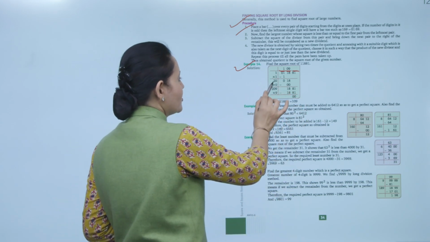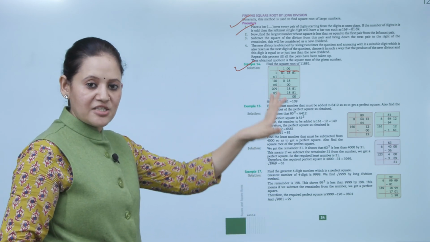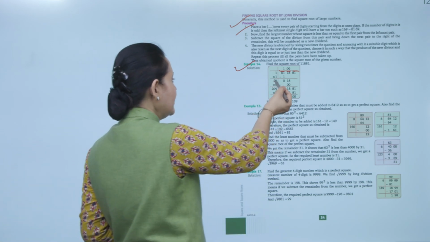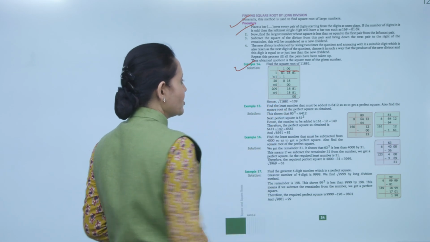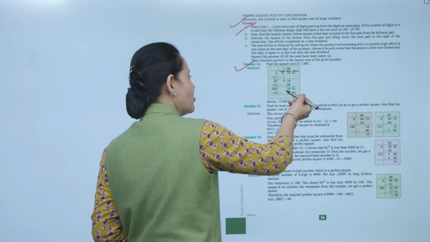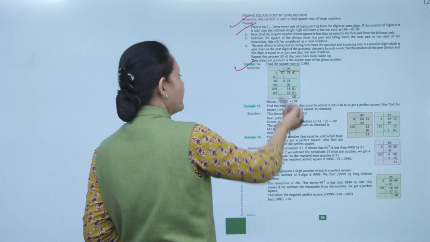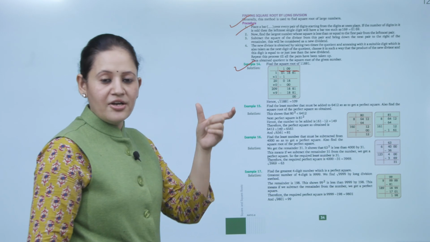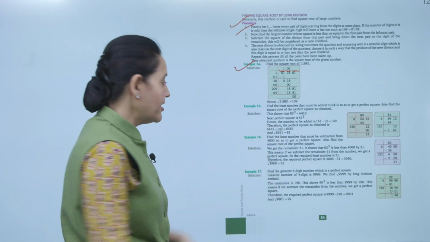If we add 1 here, 21 बन जाएगा. 21 को 1 से multiply करेंगे, that is equal to 21. That is more than 18. So we'll put 0 here and 0 in the quotient. Multiply करेंगे 0, 0. 18 minus 0 is equal to 18. Now I'll bring down the next pair, that is 81. As you know, 81 will be the square of 9. That you will get some idea, है ना?